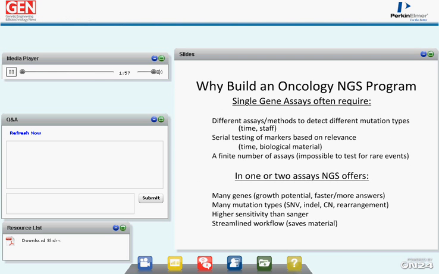But why go with the next-gen sequencing panel rather than a single-gene assay? Well, it really comes down to efficiency and the ability to look across a large variety of markers simultaneously. The single-gene assays are where we started years ago, and what we're seeing is that the complexity of the human genome and the changes in that genome in oncology are really not able to be kept up with one gene at a time. And so we're really looking at moving to panels of genes and eventually to exomes and genomes